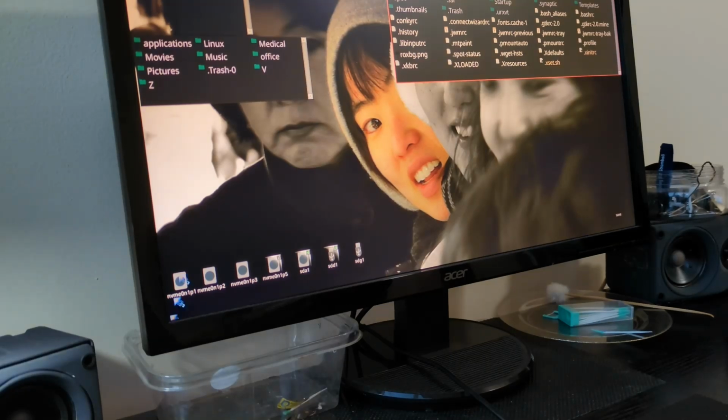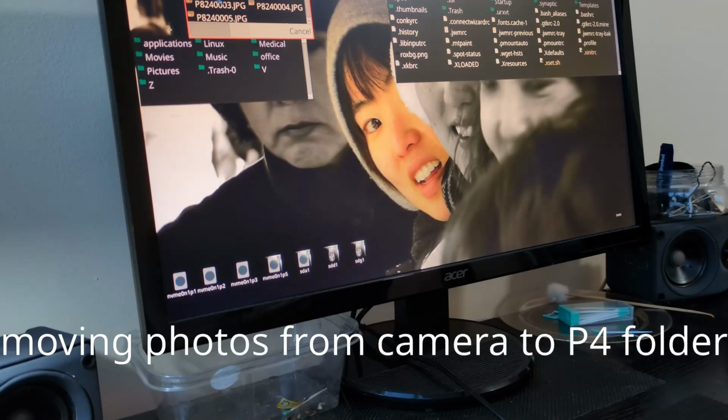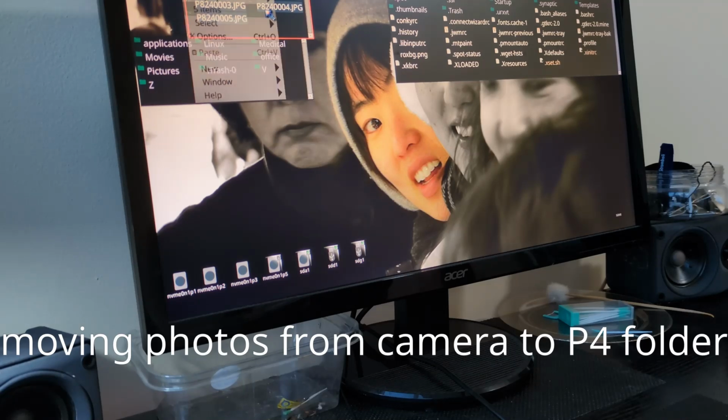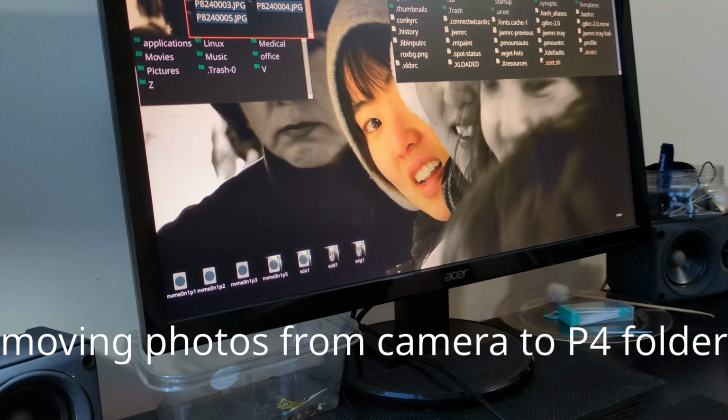And here's the USB Olympus camera. So we'll just click that, and the DCIM folder is within the 100 Olympus folder. That's reading off of the camera here. So there are 5 pictures. We'll just grab those, and then we'll move them to a